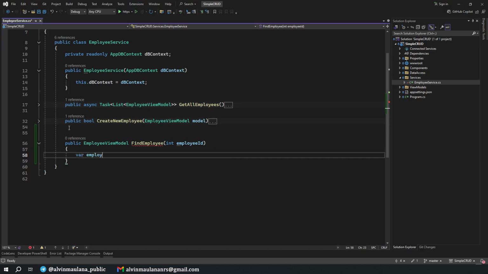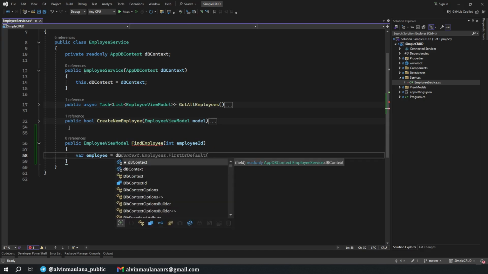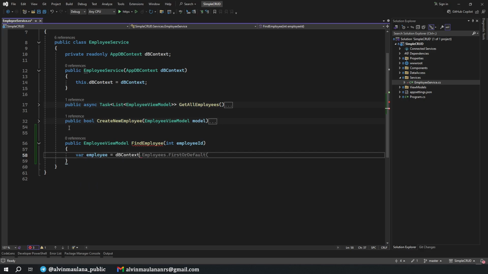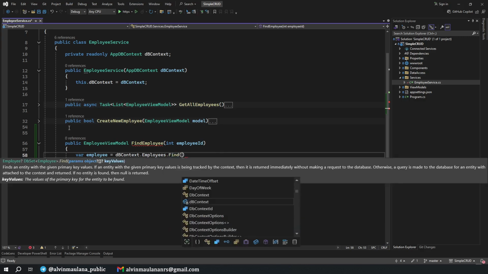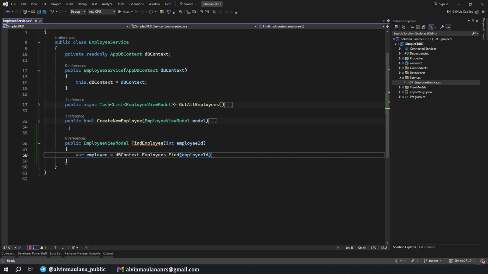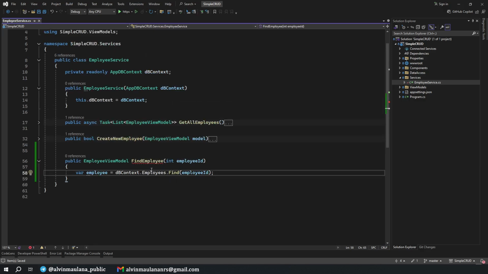Okay, var employee equals to db context employees first or default, and maybe no need, but just find, and in this case, employee ID. This one will search for employee data in our employee table, which employee ID is this one.